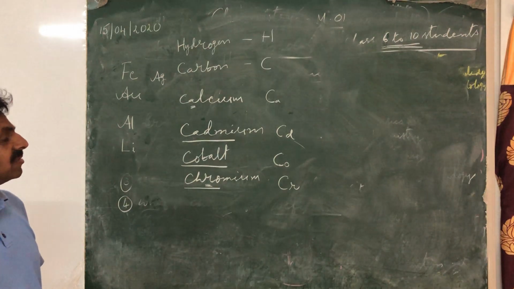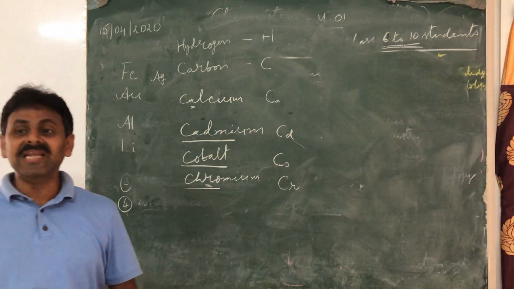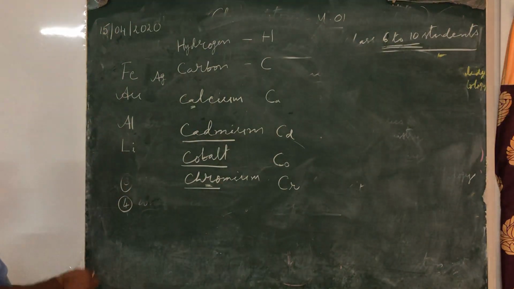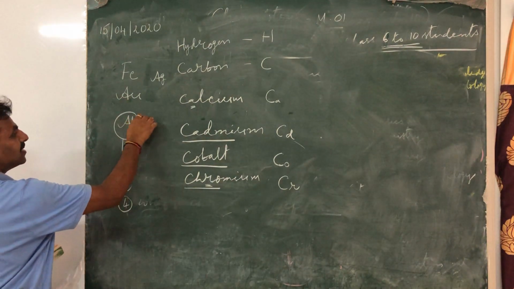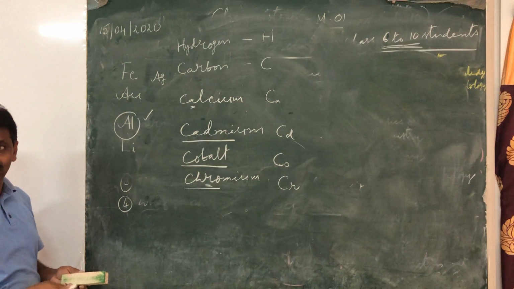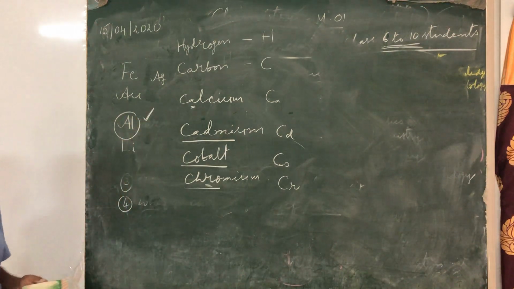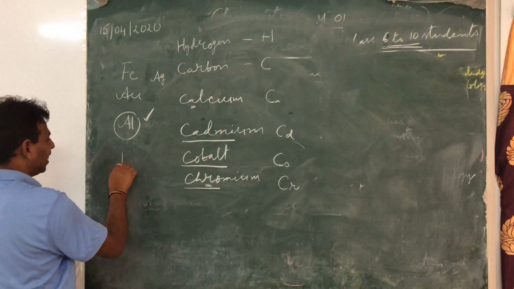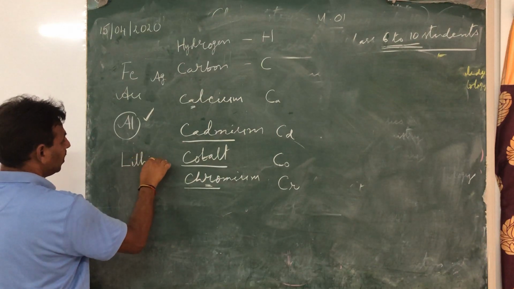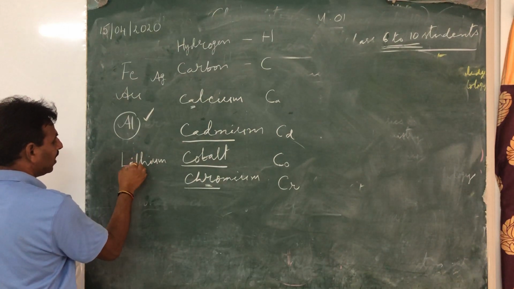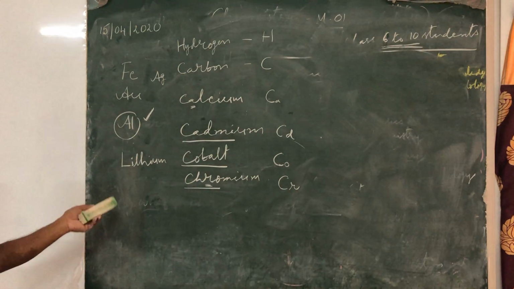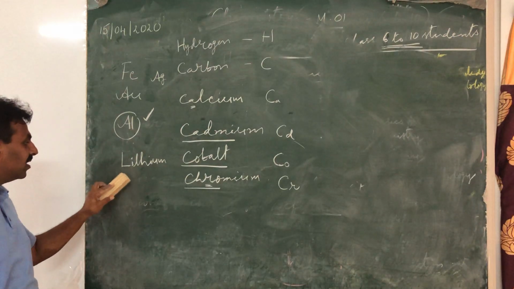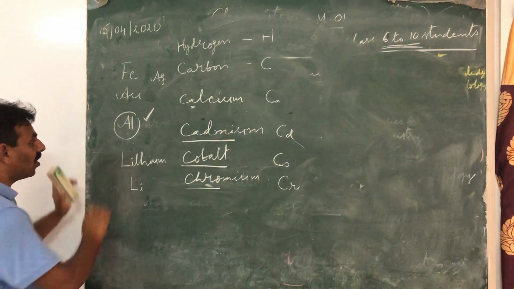Now, there are some elements where they have used Latin names for giving symbols. There are some examples here. Look, aluminum as it is, A followed by L. Aluminium or aluminum, both are correct. Okay. Lithium, it is again a metal, L-I-T-H-I-U-M, lithium. Capital letter followed by small letter, because there are other elements like lawrencium, etc. So again, L repeats. Therefore, lithium we write L followed by small I.